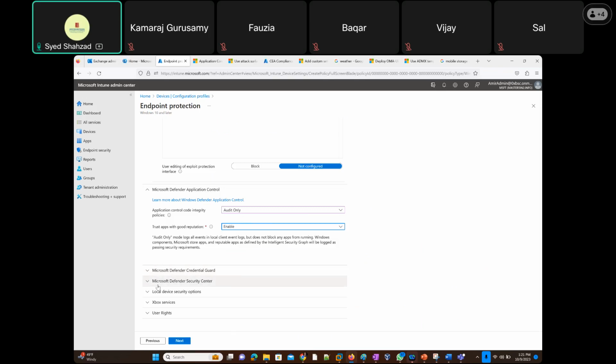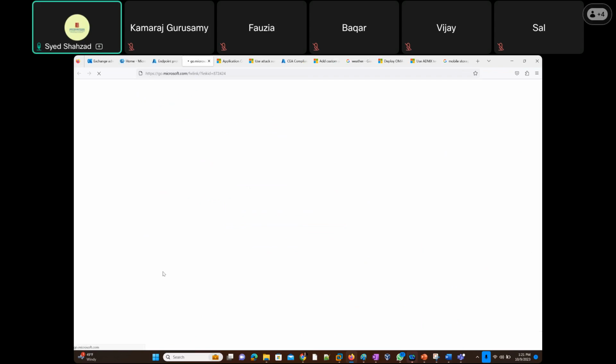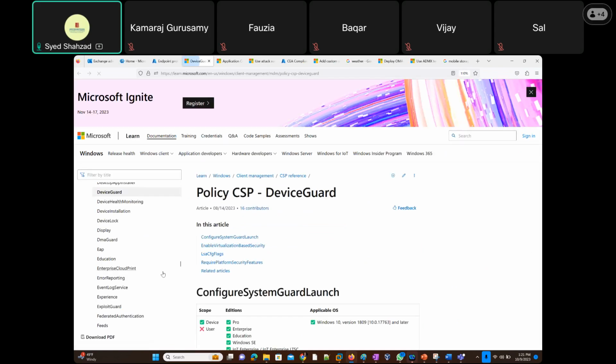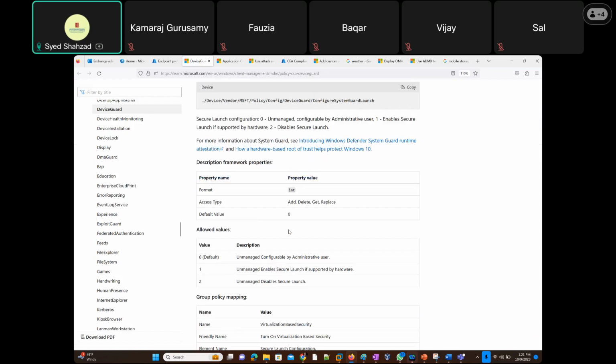Microsoft Defender Credential Guard. Again, this is just a credential guard. Enabling Credential Guard with UEFI lock ensures that Credential Guard cannot be remotely disabled. Enabling without UEFI lock allows Credential Guard to be disabled remotely via group policy. So what is Credential Guard? There's a setting that they have given, but through